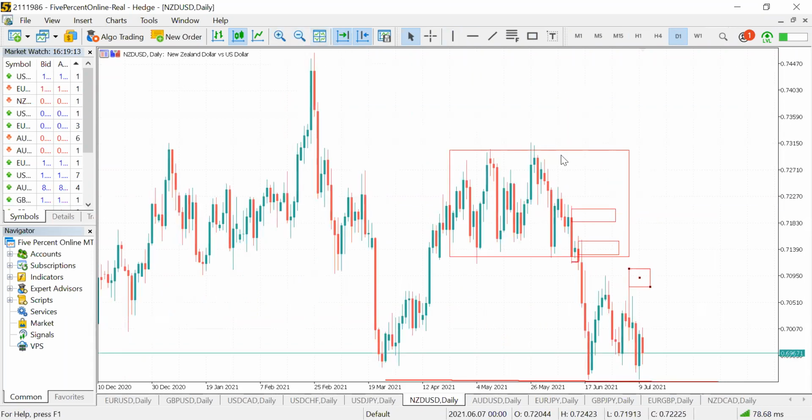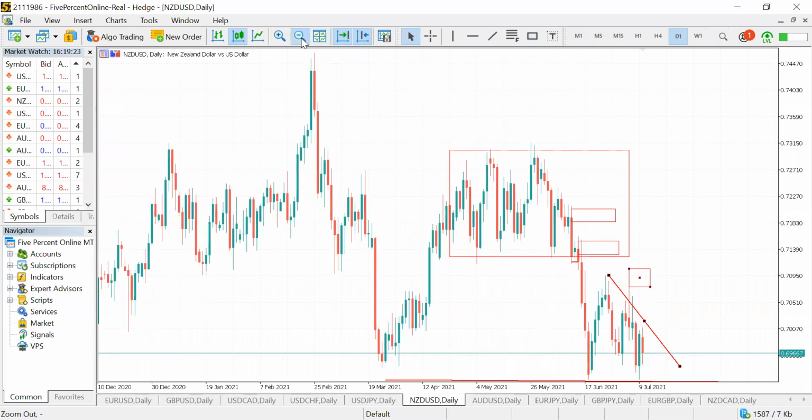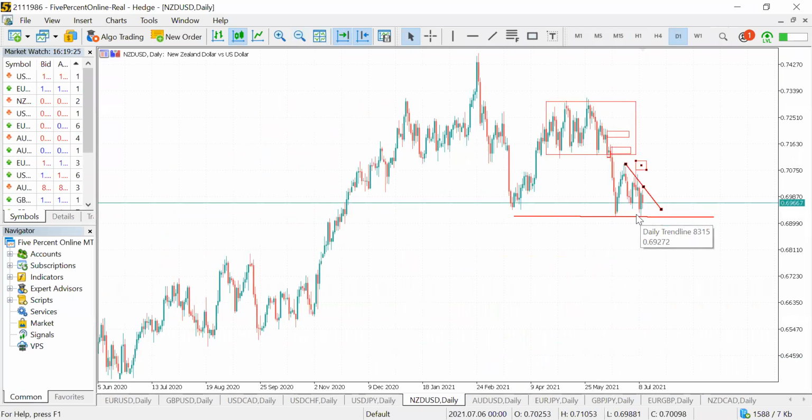We are pressing on that area, so we might compress even more on this area, and then that would even break to the downside,